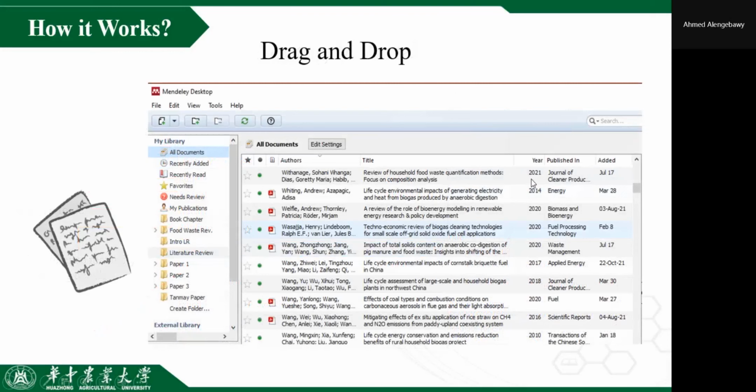Another way to add your references is to drag and drop. So if you have the PDF file,